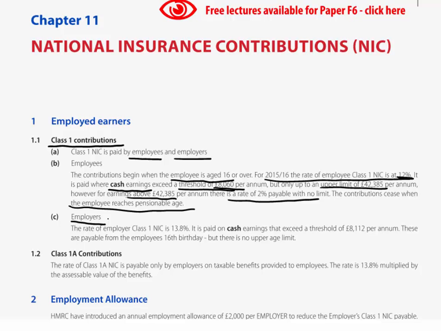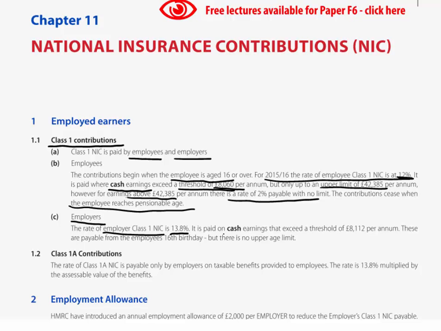Now again, these will be known as Class 1 employer contributions, or may also be known as Class 1 secondary contributions. Remember, we referred to the employee as paying primary contributions, the employer as paying secondary contributions. So if you see that language used in the exam question, we're talking about the employer Class 1 contribution. Now the rate of employer Class 1 NI, again given on your fact sheet, as you'll see now hopefully in front of you,